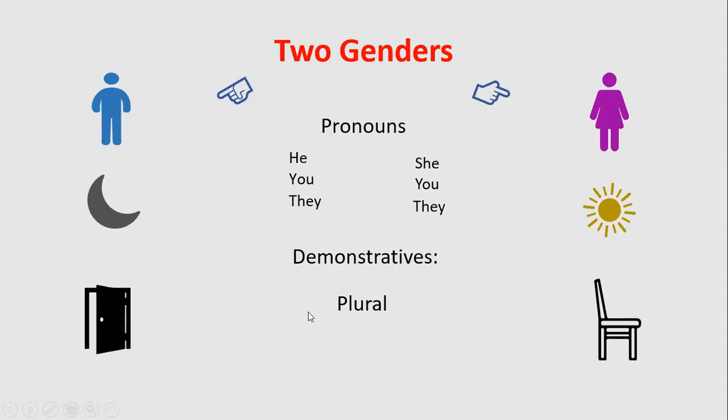When I'm talking about masculine plural, it's different from feminine plural. And the last one is adjectives. When I want to say, for example, a beautiful moon, the word beautiful is different from when I say a beautiful sun. In English, it's the same, but in Arabic, no. We should change or conjugate the adjective according to the gender of the noun.